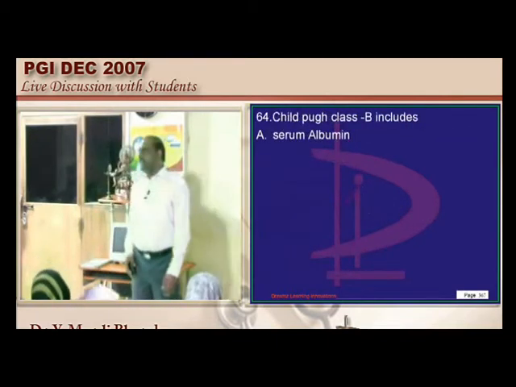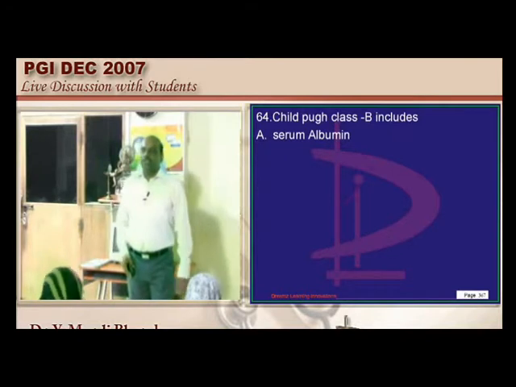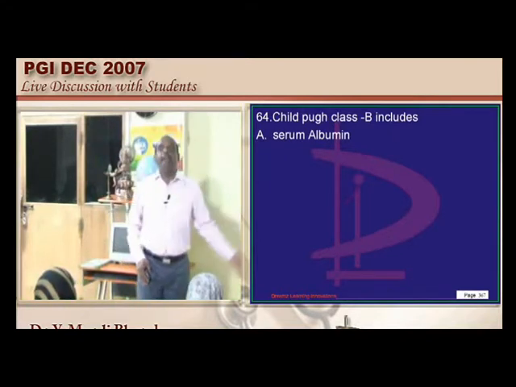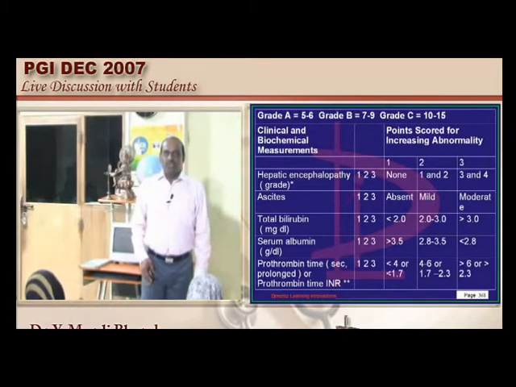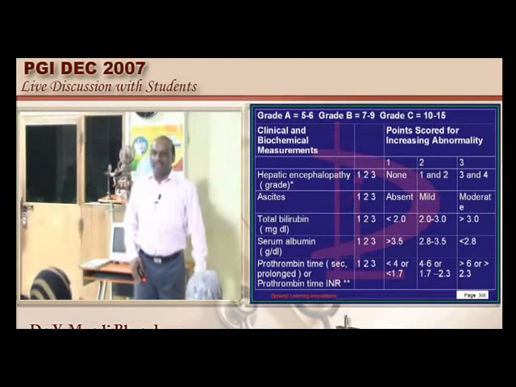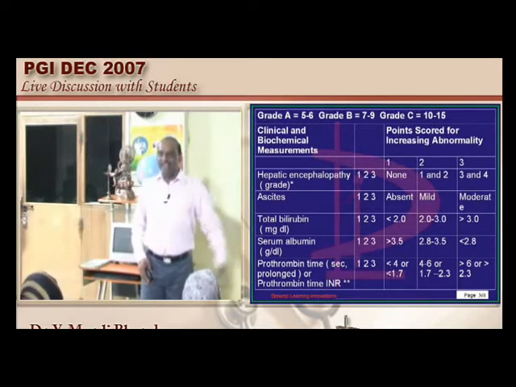Then another scoring system is being asked: the Child-Pugh scoring system of cirrhosis of the liver into grades A, B and C. So for the next question, what is left over? APACHE scoring is also there, and so many others. They will make the scores, we have to remember, right?